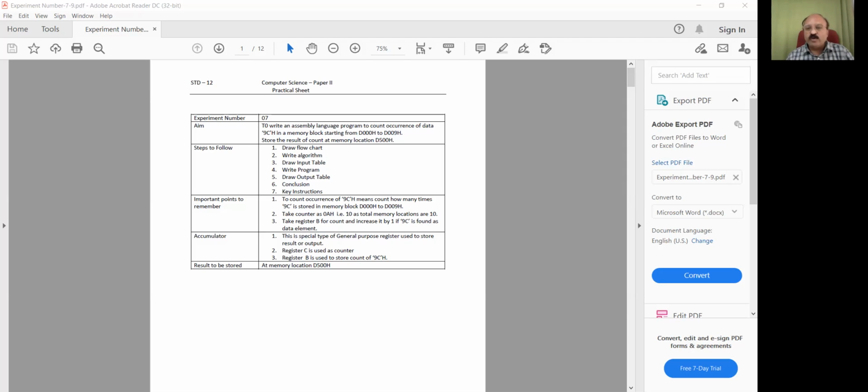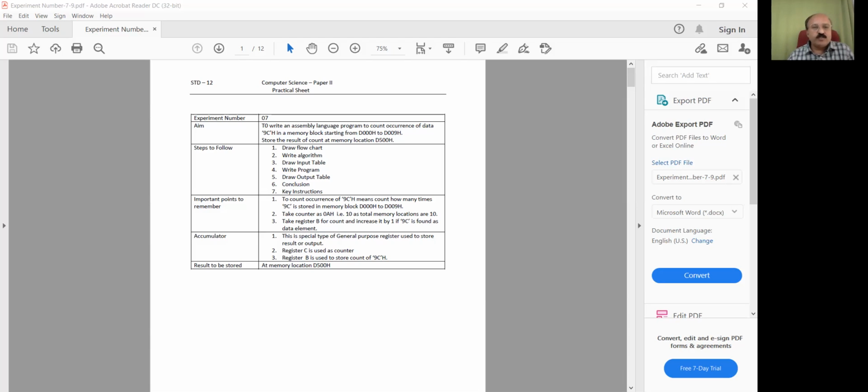Suppose the user enters the data like this: 01H, 02H, 9CH, 03H, 9CH, 04H, like that. Then our program should give as output how many times, in this memory block from D000H to D009H, the user has entered 9CH.